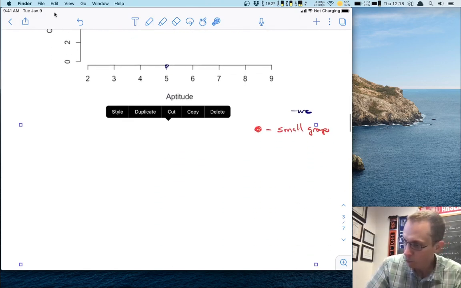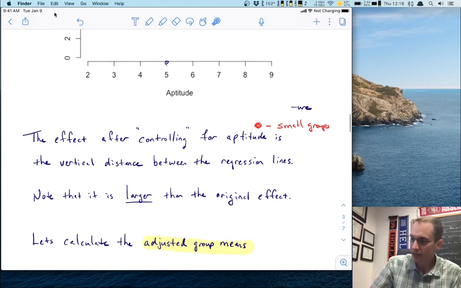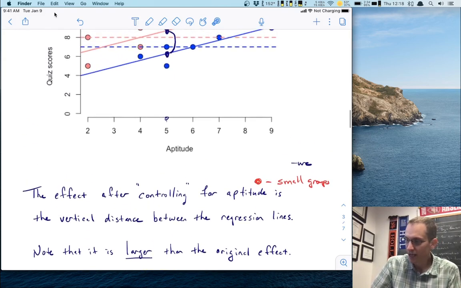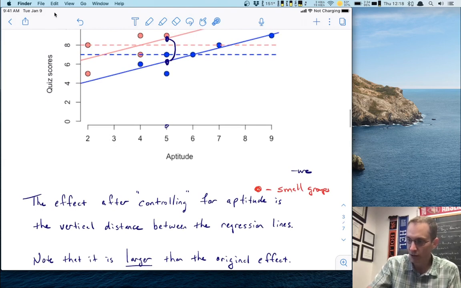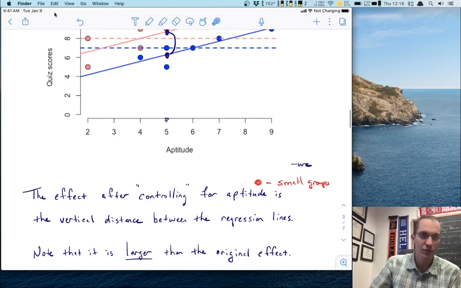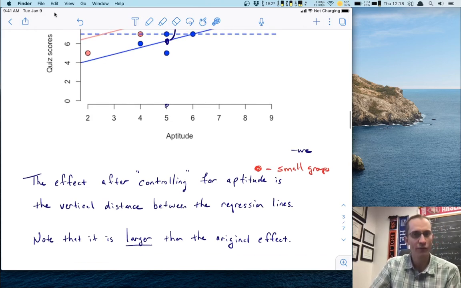So let's see how this works. Basically, just to summarize what we were saying, the effect after controlling for aptitude is this vertical distance between the regression lines. And we note that it is larger than the original effect, which is just this small distance. It's kind of a magical thing, and what I'm going to show you today is how to compute this distance right here, how to compute that adjusted effect after controlling for what's called this covariate of